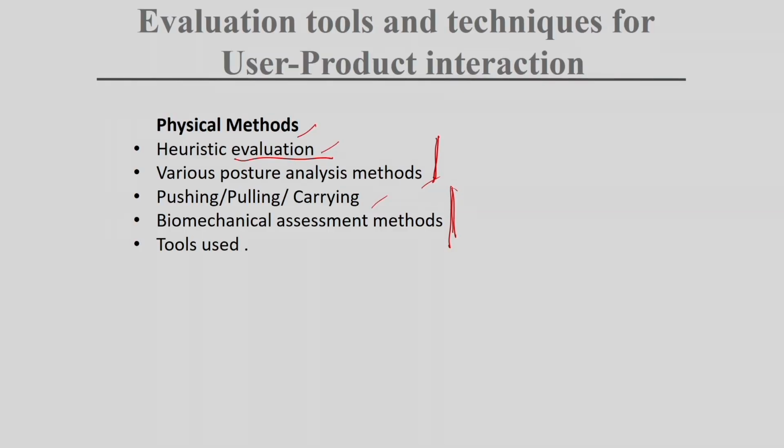In these types of cases, it is very important to think about the biomechanical assessment, meaning how much load they are carrying each time, or how frequently they are carrying, how many times. Maybe it's a lighter load but they are doing it more times, maybe 50 times in a minute, because they have to display those products. So in these cases the load they are handling, the frequency and the time are very important to understand and evaluate. Depending on the aim and objective, we can take a certain evaluation tool. Very briefly we will discuss a few tools used to do these two things here.